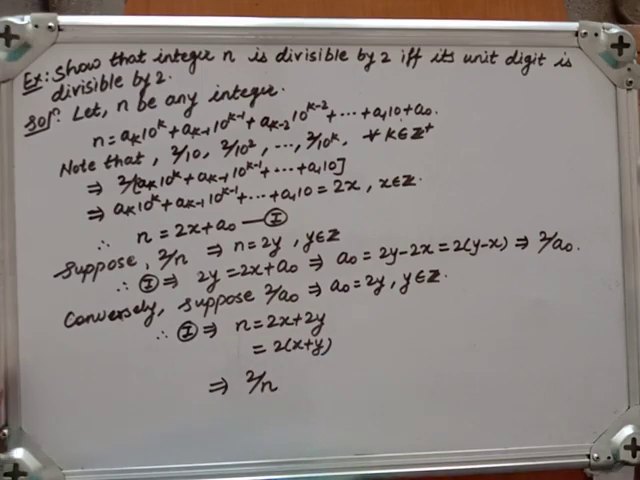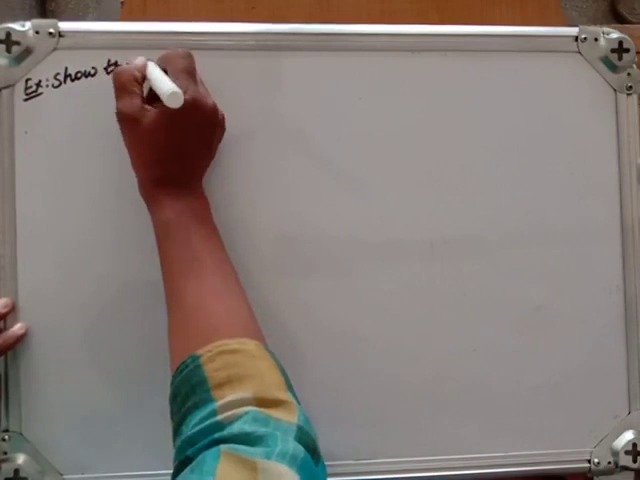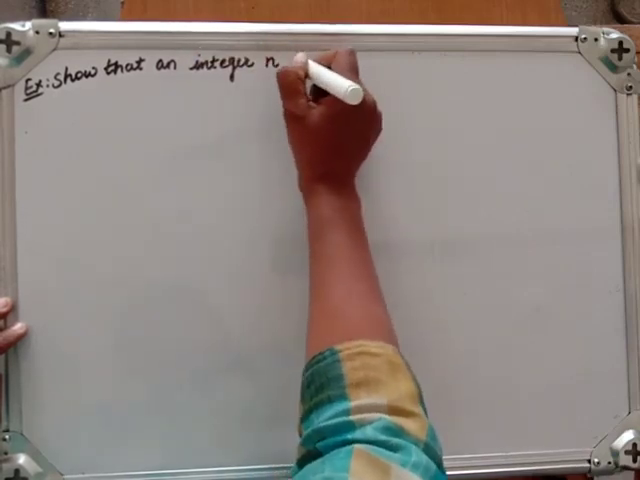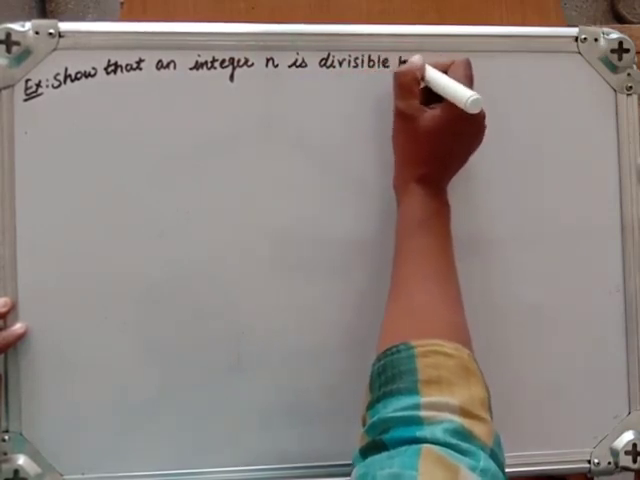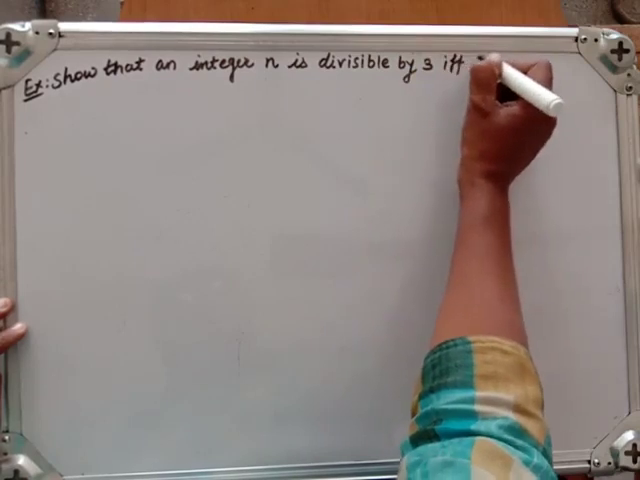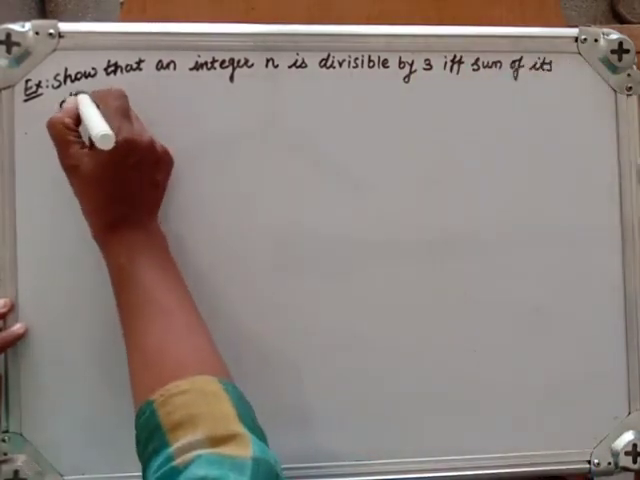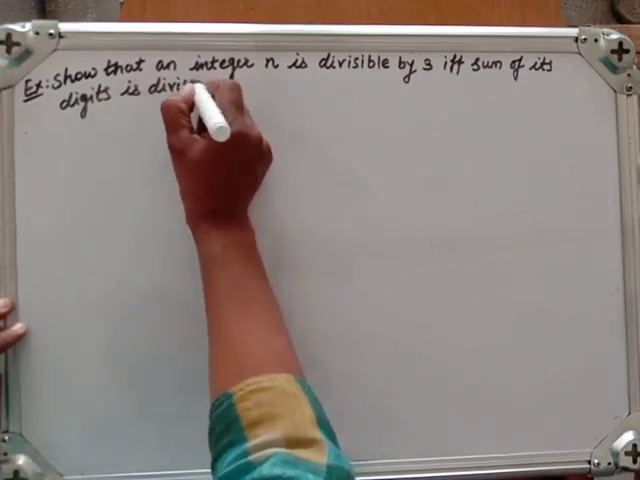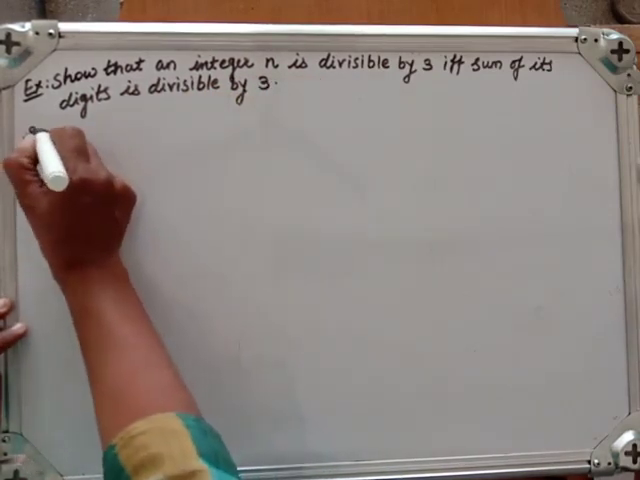Now let me go for the next example. Show that an integer n is divisible by 3 if and only if the sum of its digits is divisible by 3. Solution: